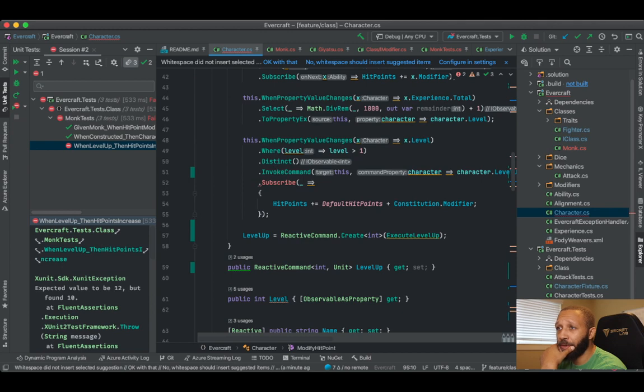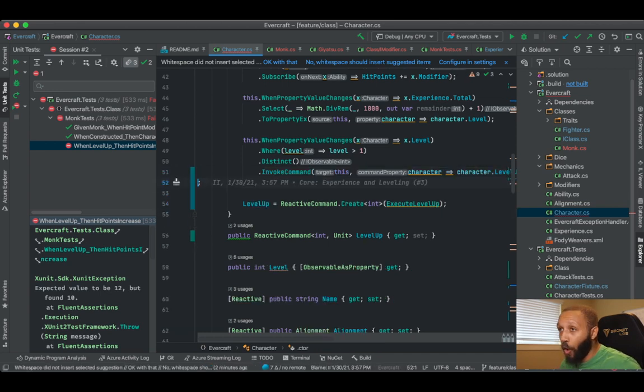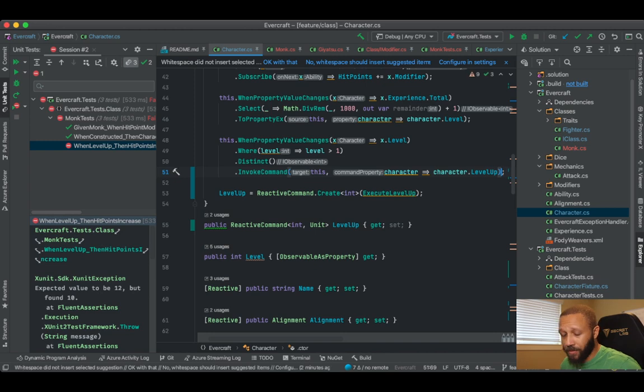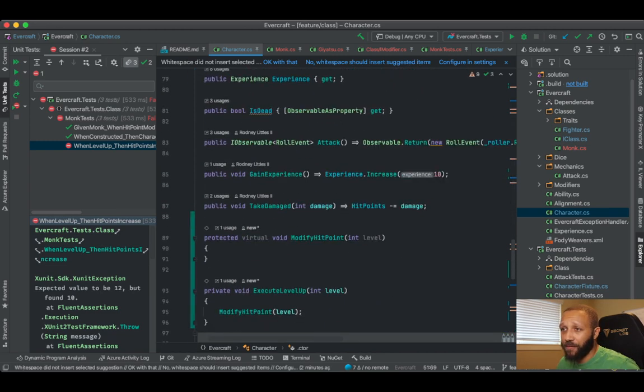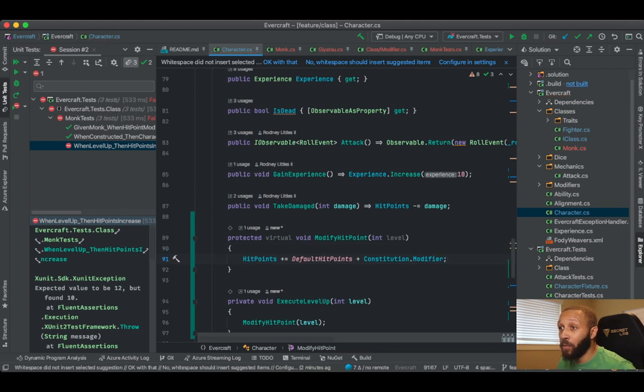I've got a subscribe in here we need to get rid of. So I think this is going to be the default. Right? I think that's exactly what we do. Yeah, here we go. So this is the default for that. And then you can override the default if you want to. And that'll be the default for hit points. We will modify the hit points, and if you don't override us, this is how we will modify. So now what we'll say is